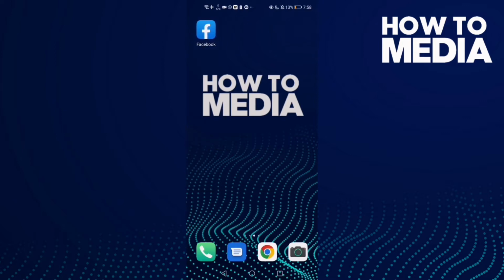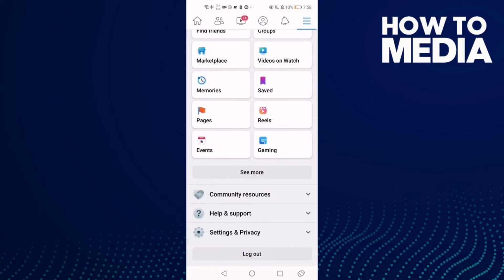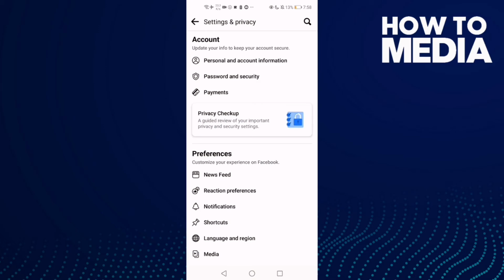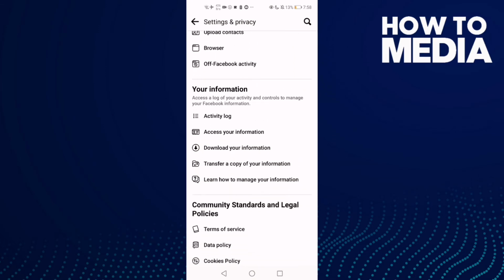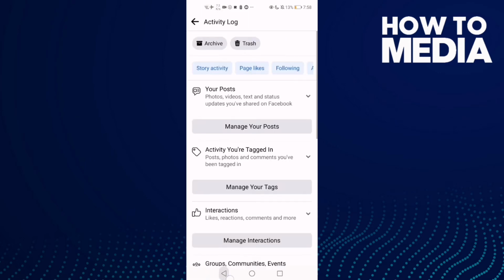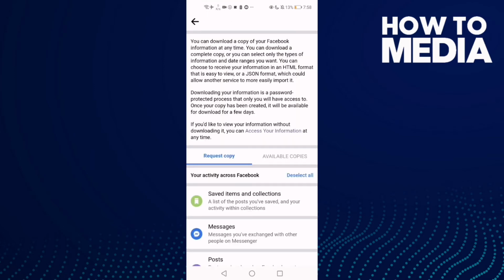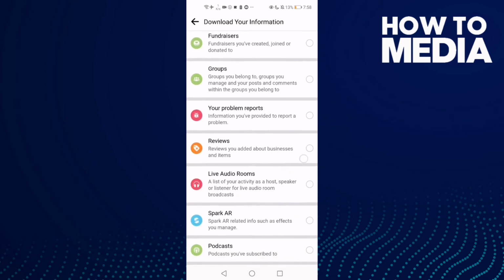First thing I'm gonna do is go to Facebook and then click these three lines here in the top corner, and now click settings and privacy, and then click settings, and here just go down and click activity log, and not activity log, sorry, click this one, download your information, and then click the select all and go down until